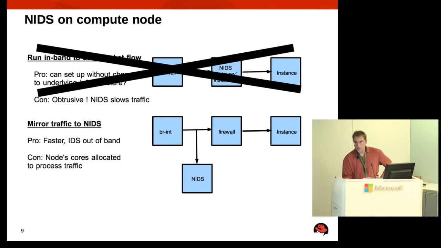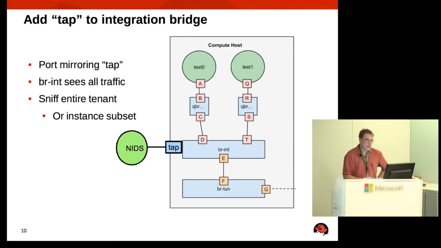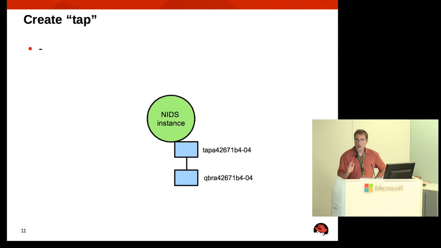You could bring up another instance, another virtual machine, and that virtual machine would sit in between the external world and your instance, and basically sniff every packet and look for bad behavior. Well, I don't like that, and the reason is it's slow, though it would work. And I know people who are doing this in Red Hat, but it is a store and forward solution. So every packet that comes into that instance would have to be read in, analyzed, written out,